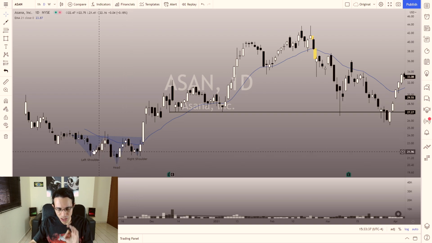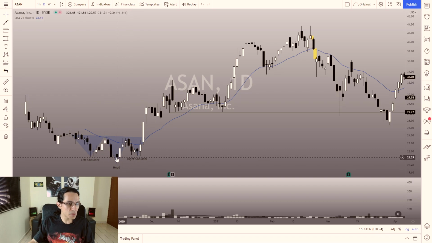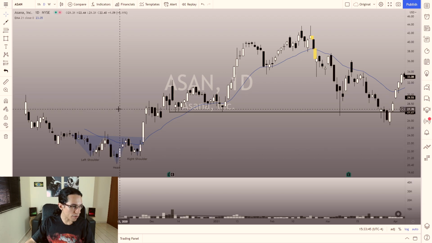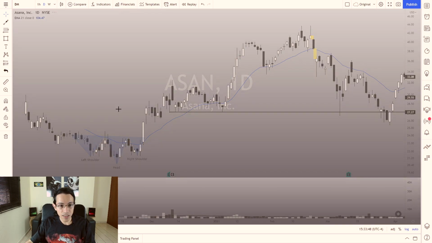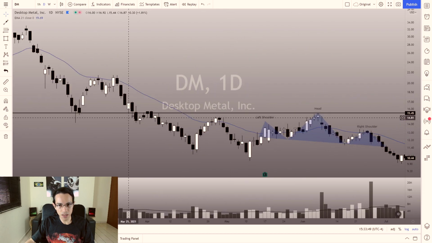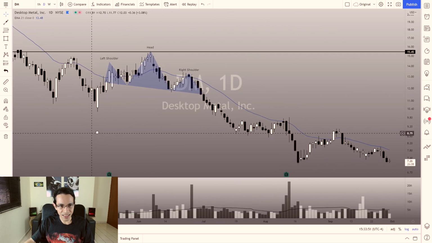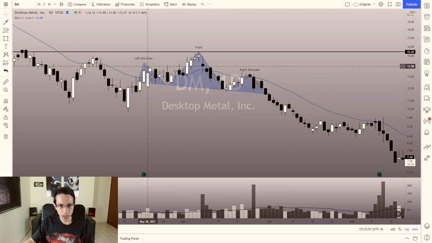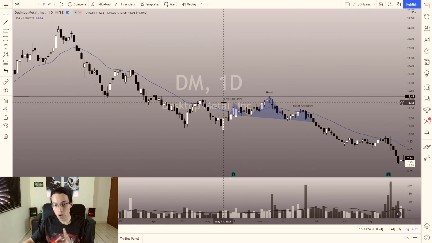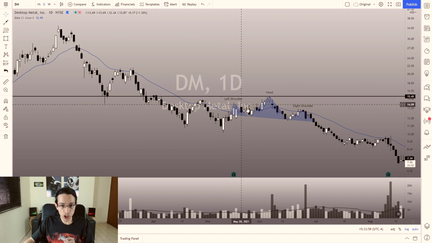bounce. It is frustrating the previous pivot point. It is breaking the bearish sentiment. This is why it is such a powerful short pattern. Desktop Metal, let me see, Desktop Metal did a regular head and shoulders. We had an accumulation. This is a very rare exception where the head and shoulders worked as a continuation pattern,